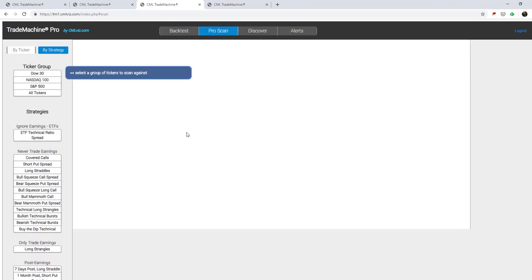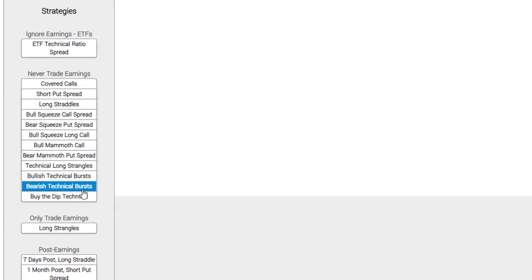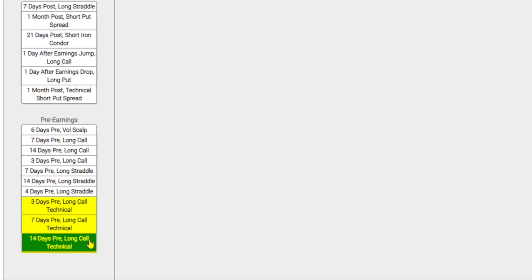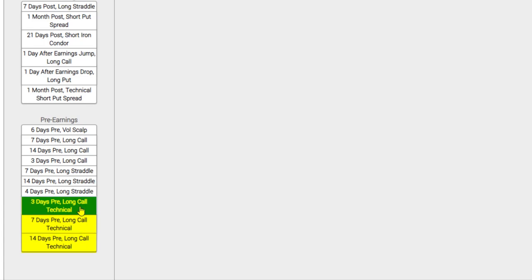This is how to use TradeMachine, and we now point out some of the more popular scans that our user base uses. We looked at Buy the Dip Technical. There's also our bullish bursts and bearish bursts, which are strictly technical analysis driven. There are long technical strangles, sometimes called our volatility bursts. In our pre-earnings scans, the 3 days before earnings, 7 days before earnings, and 14 days before earnings have shown very strong momentum over the last 15 years,